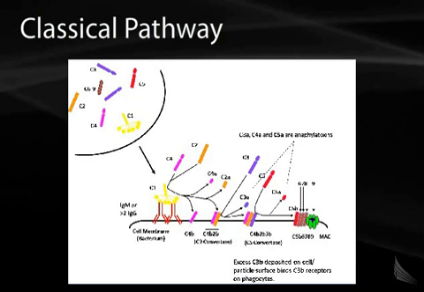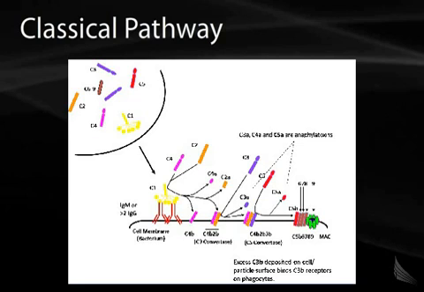So we have 5b, 6, 7, and 8. Once we have those 4, then we get the recruitment of C9. And as you can see on the right side of the diagram, we have multiple C9 proteins that will come in and form a ring. That ring is actually what will then punch down through the membrane and make the hole. So what we see at the end result is this MAC formation, which punches a hole in the surface of the bacterium. Once you punch these holes, now all of the cytoplasmic contents can leak out,